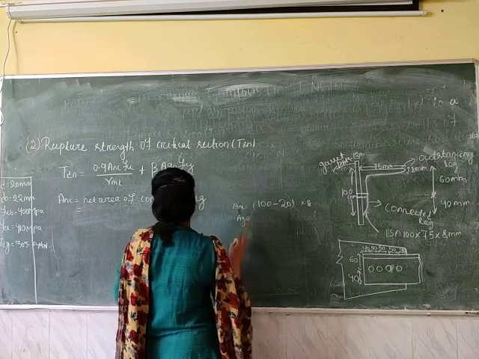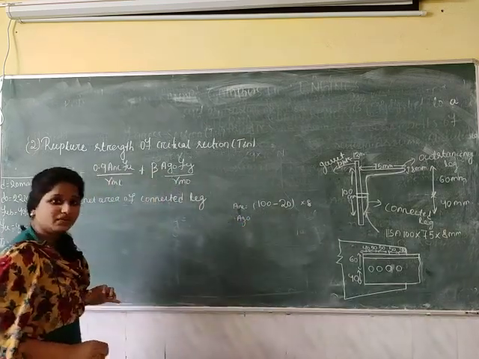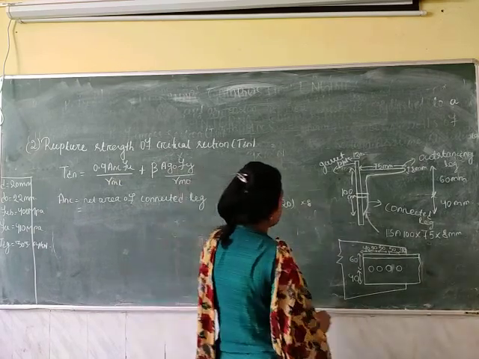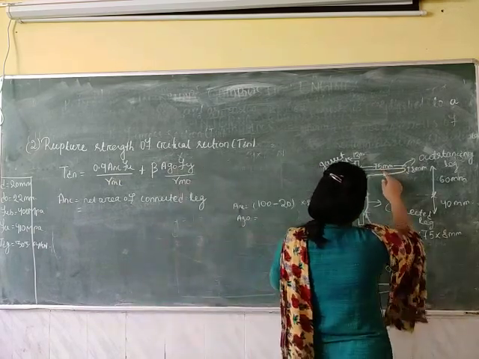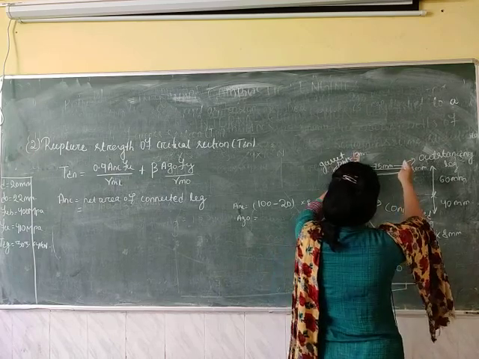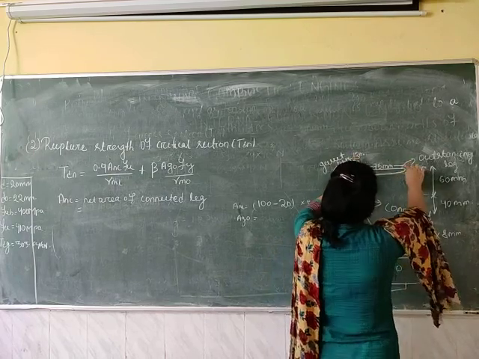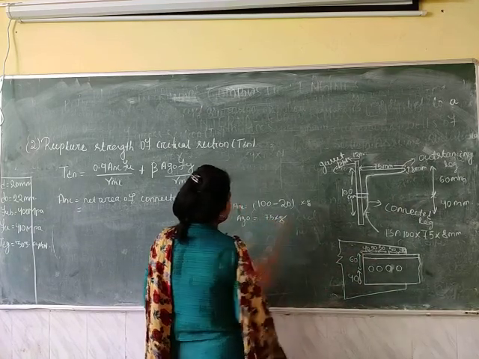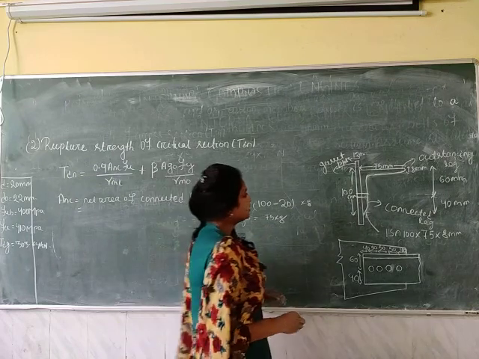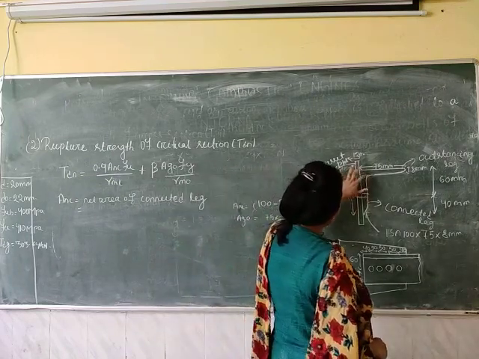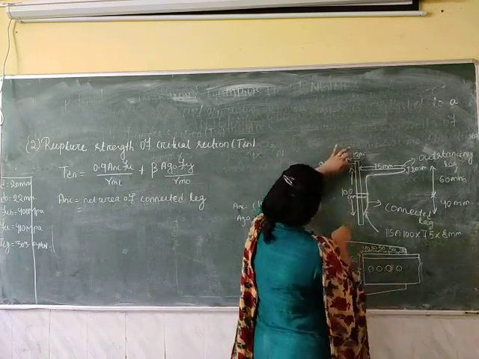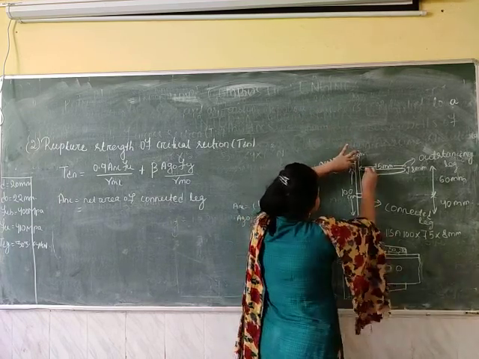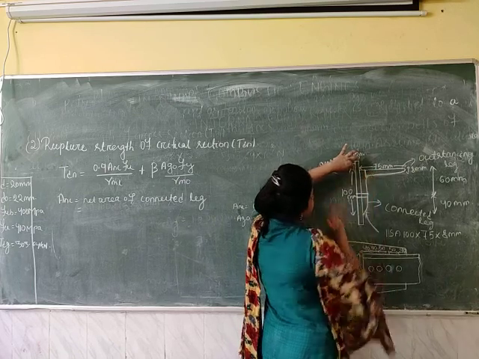And if you are calculating Ag naught, the gross area of the outstanding leg, then this is the outstanding leg, this is the total length, and this is the thickness. So 75 into 8 mm. But see that when we take the net area of the connected leg and take this whole length, then this part is coming.